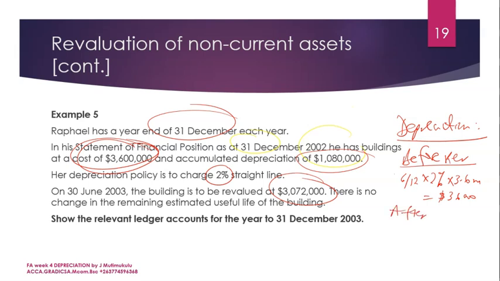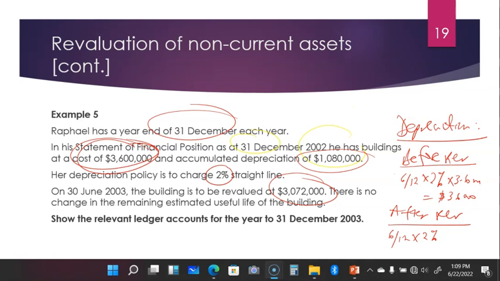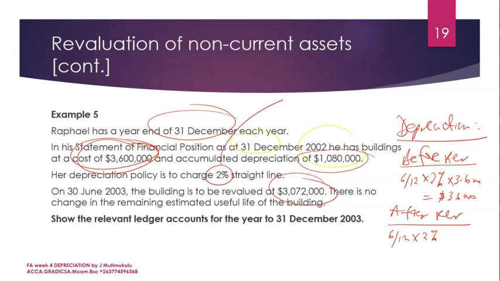What about after revaluation? After revaluation, we are also going to have a 6 months period multiplied by 2%. But in this case, it becomes very, very tricky. To be fair, we need to determine the number of years the building has to be useful to the business from the date of revaluation. So how do we know the number of years? If we are using a 2% rate, it simply means that the building has to be in business for 50